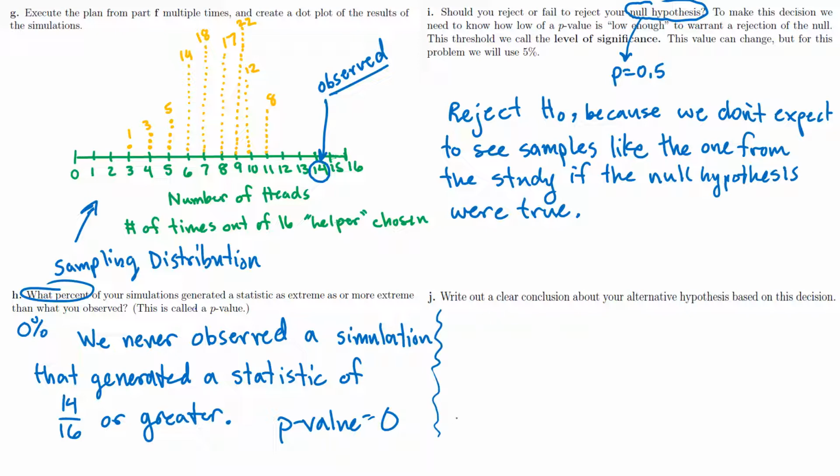And on the next slide, I'll show you a good template to start with when you're writing out conclusions. Generally, what we want to say is either there is or is not enough evidence to say that the alternative is true. So if we reject the null hypothesis, then we are saying that the alternative hypothesis is true. So I would say there is enough evidence